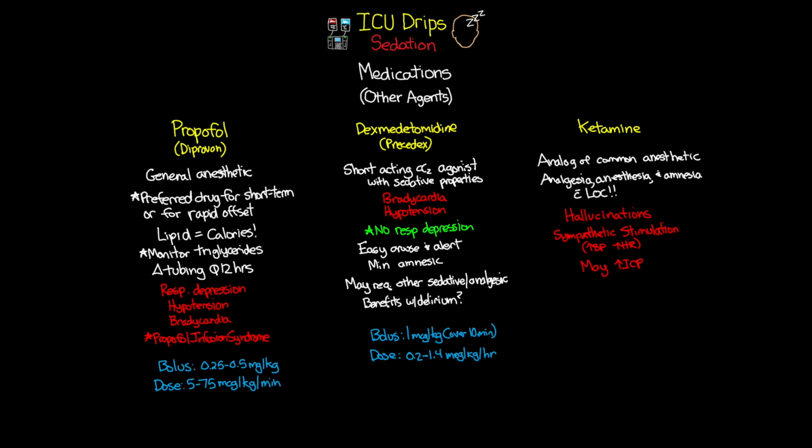One last thing that's really great about ketamine is it has a very quick onset, 1 to 2 minutes, and it only lasts about 5 to 10 minutes. So this can be a great option for procedural things, and like I said, we're beginning to see it make more of a presence within the hospital. Now, as far as our dosing goes, this can be given as a bolus, and that's usually from 0.1 to 1 milligram per kilogram. And this can also be given as a continuous infusion, and our dose here is usually going to be from 8 to 25 milligrams per hour.